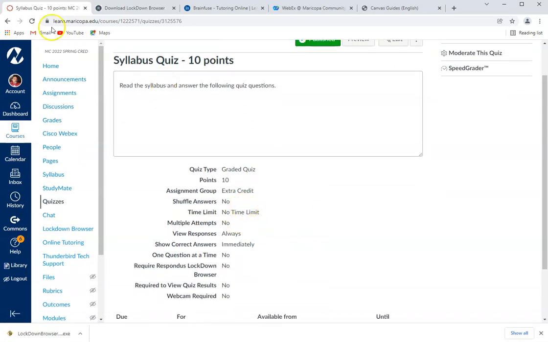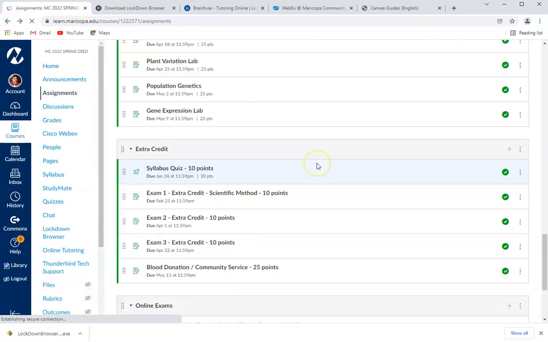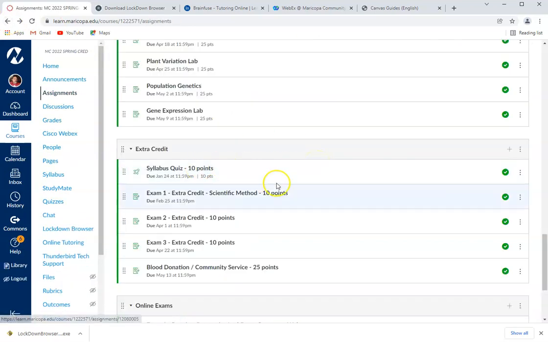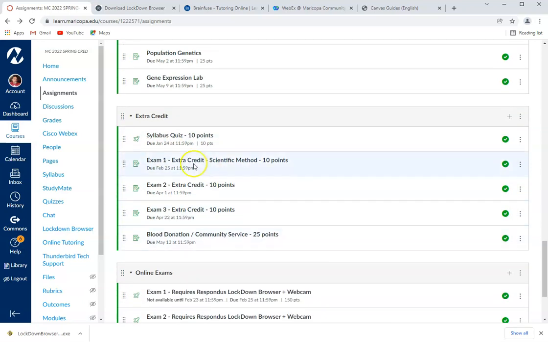Yeah, no time limit. So take as long as you want. And once you submit that, it will give you the points. I should have counted this as 0 points because it's extra credit and it wouldn't be included in the total. So I'll fix that. Anyway, there's extra credit for exam 1, exam 2, exam 3, and then you can do